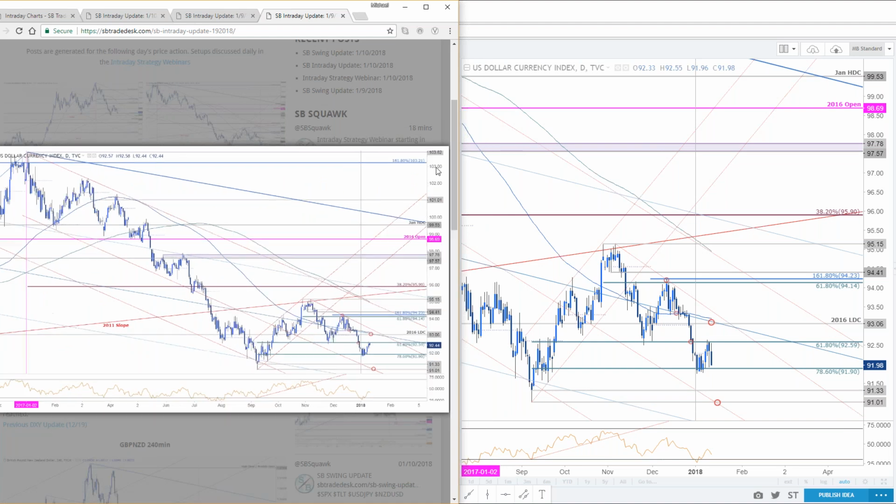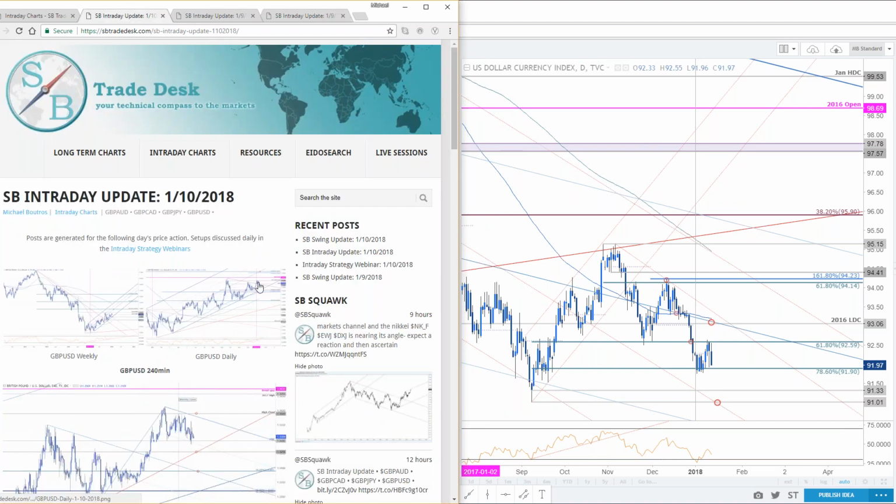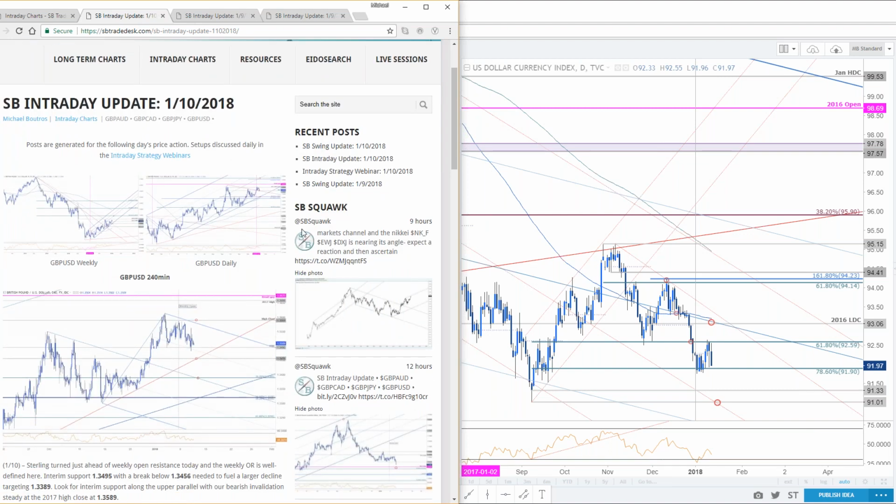I'm just going to run through this so we can get into some of the more juicy pairs. I want to jump into sterling crosses first, just because you're seeing some very interesting price action. We're taking note of this on the sterling crosses. Some of the sterling crosses trading heavier. Sterling was weaker against all its major counterparts yesterday, save CAD, which obviously the CAD saw a massive sell-off. Dollar CAD higher, pound CAD higher.